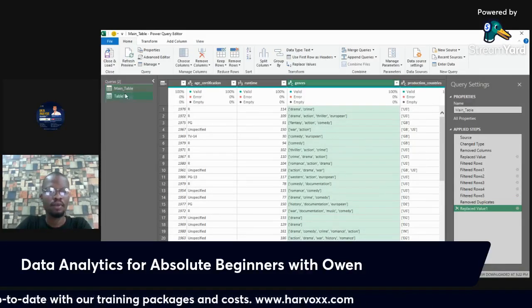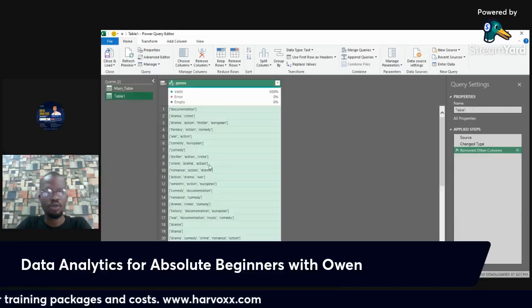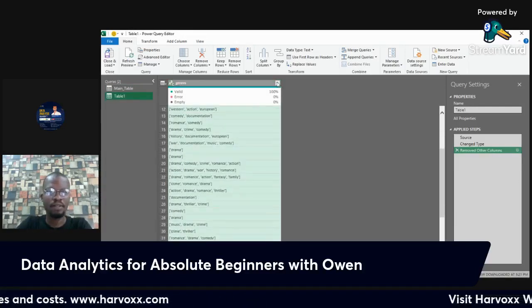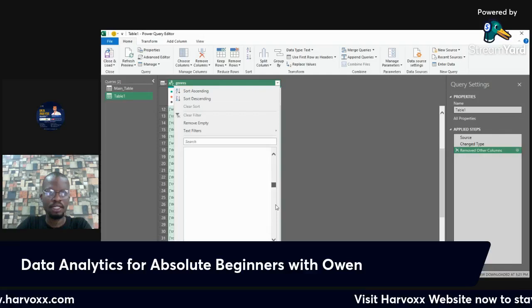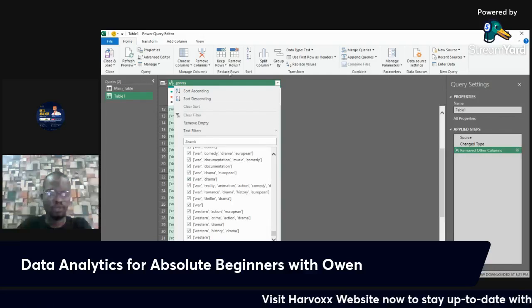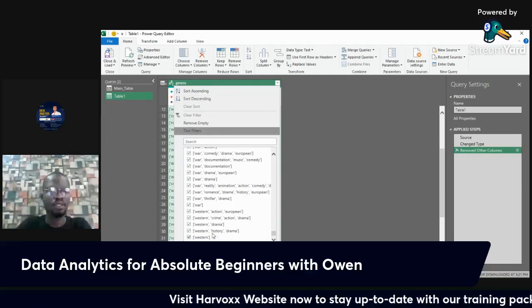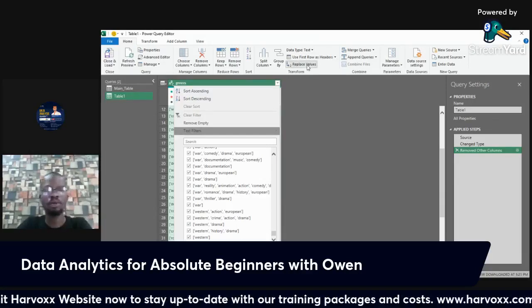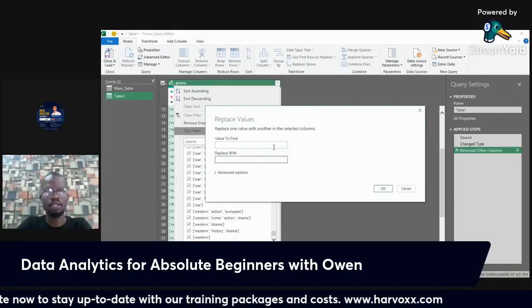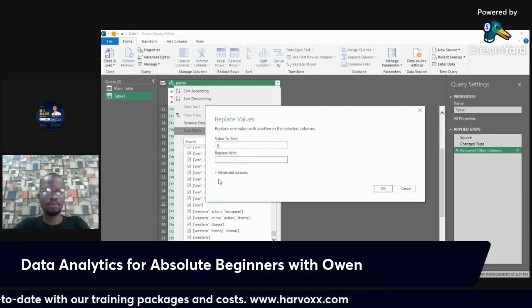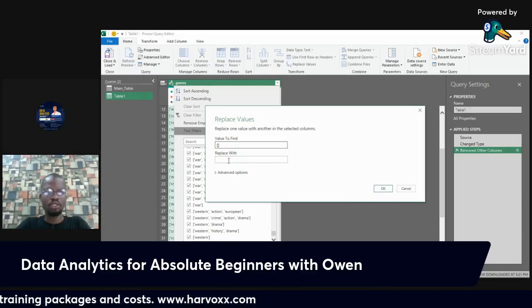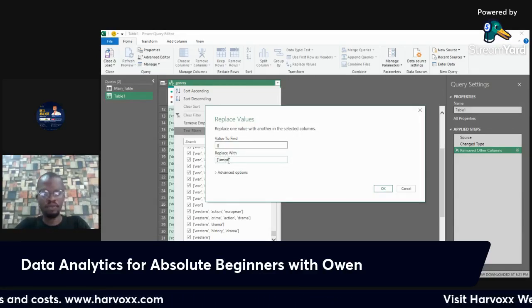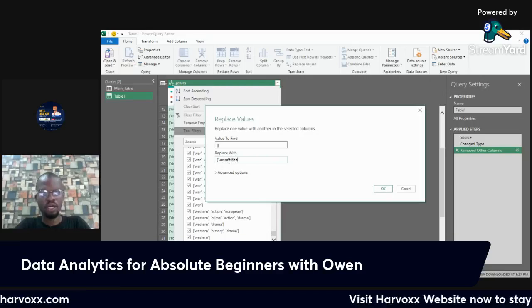Let's add that quickly. Of course, we're not expecting it to reflect here. So we still have it here. We are doing the same thing. I can either choose to do it now or I can do that subsequently, but let me just do that now. Okay. Replace values. I want to replace my empty square bracket, just so I'm on the same playing field with every other kind of value, with unspecified.